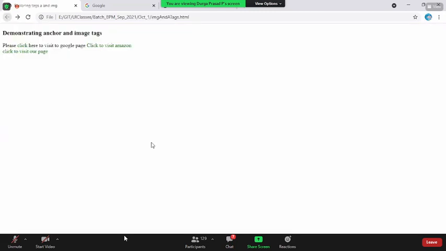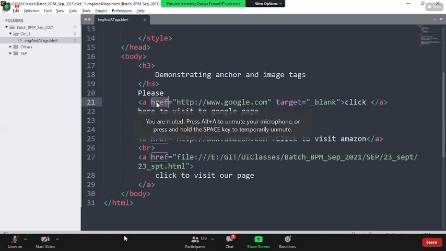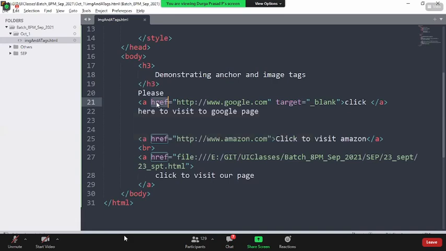Yes. So whenever you are giving the path to the href attribute, it is not mandatory to give the path of public web pages. You can even give local web pages also. And repeating the target attribute: if you don't specify the target attribute, it will replace the current web page.